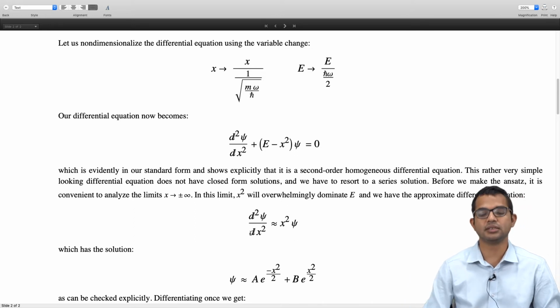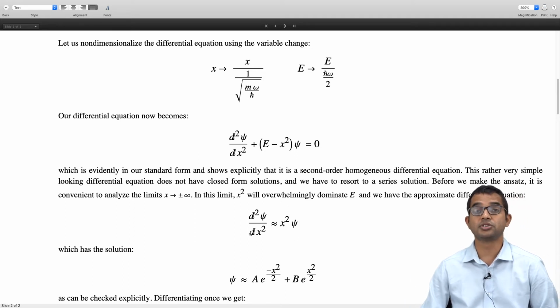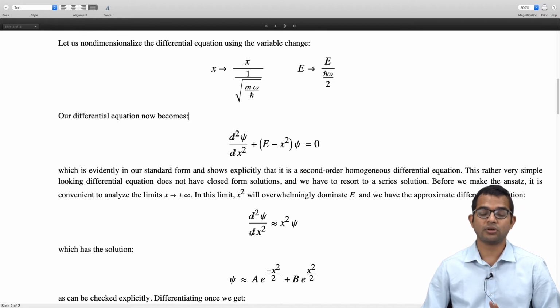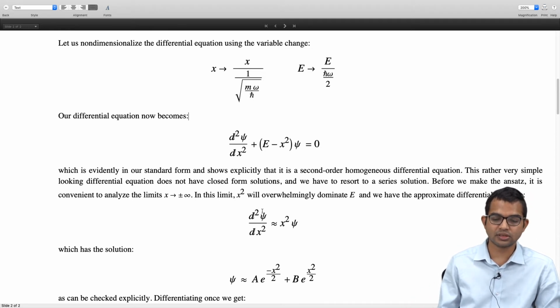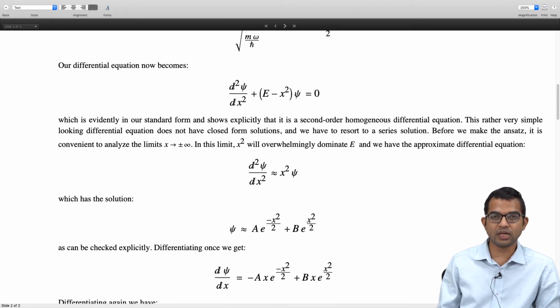So then you start guessing that maybe something like e to the x squared will work out. Then you say, okay, let's say maybe e to the alpha times x squared, and then you try to fix the alpha, which will turn out to be either plus half or minus half in this case, right? So it's a kind of guesswork game. And then you argue that, suppose we make this an ansatz for this differential equation. It's an approximate differential equation, and so this turns out to be an approximate solution, which becomes a good solution for large x, right?